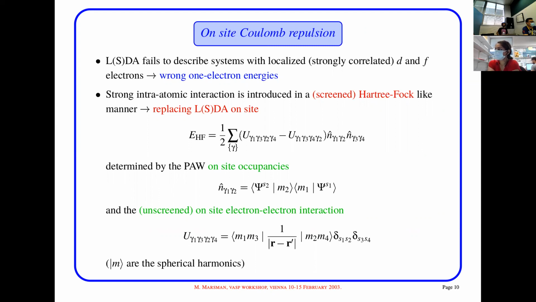On-site Coulomb repulsion. So here we will very quickly introduce why for some systems, namely the systems that have strongly correlated D and F electrons, so electrons in a D and F orbital, you may need to include an additional formalism that is called the Hubbard correction. Okay, you see a lot of formulas here, but the only thing that I think is important for you to get is that